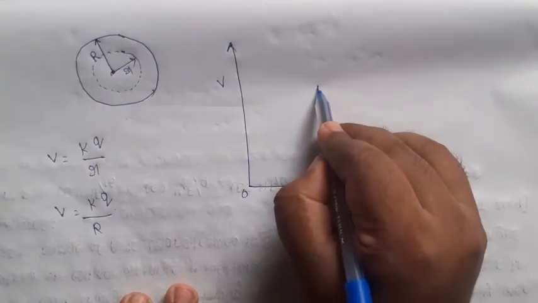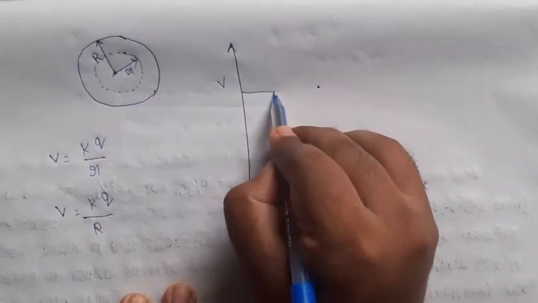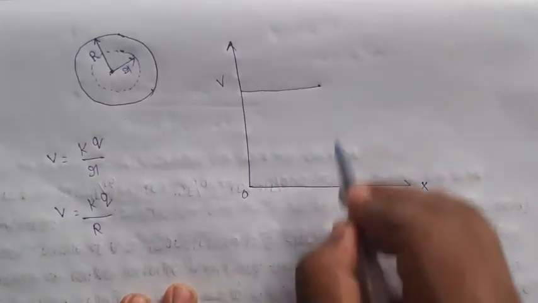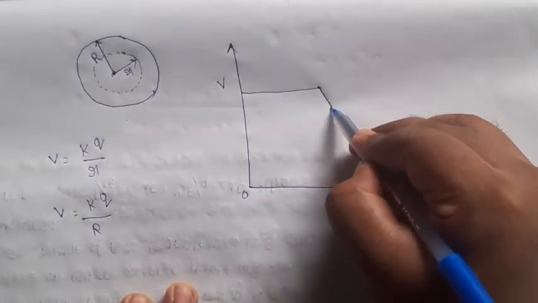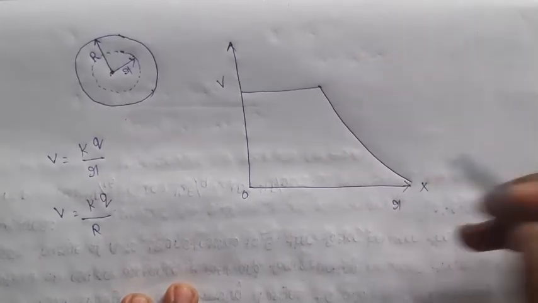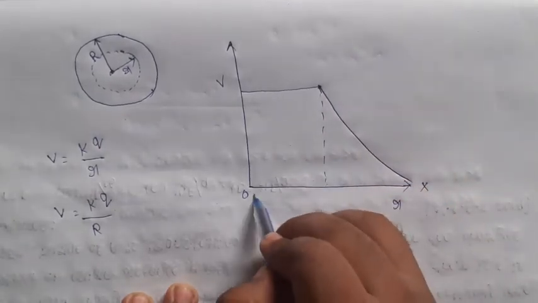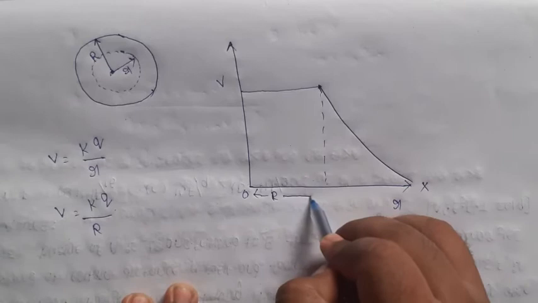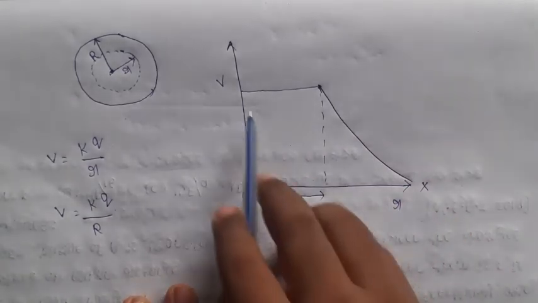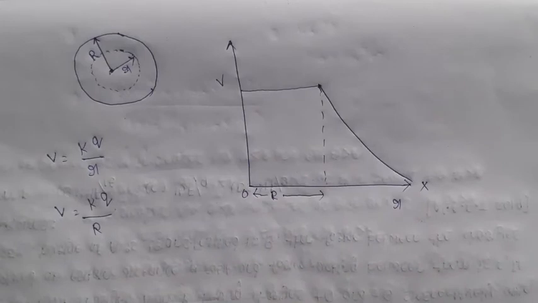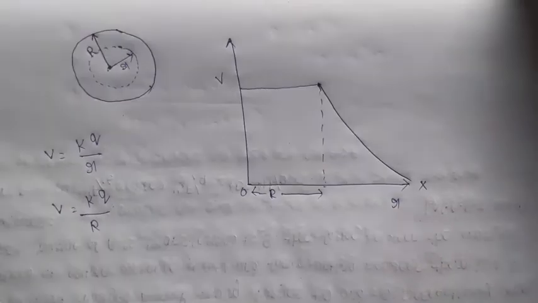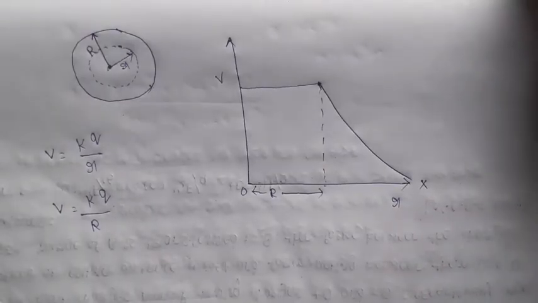At maximum distance, electrostatic potential is maximum. After that, the electrostatic potential decreases. Up to this, we are taking the capital R on the surface. On the surface, electrostatic potential is maximum. Inside the surface, it becomes 0. You have already studied in the syllabus the graph between electrostatic potential versus distance.